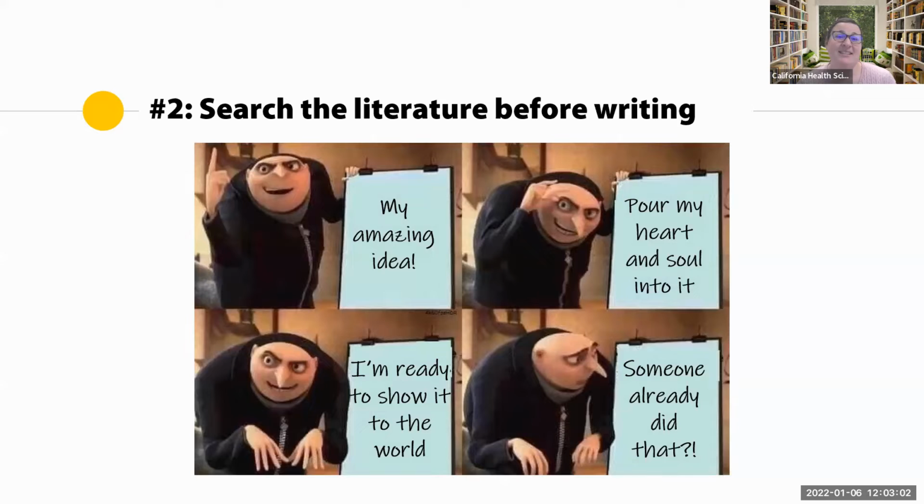The second tip is to search the literature before writing. Check this funny meme from Gru with Minions. I have this amazing idea. I'm going to pour my heart and soul into it. I'm ready to show it to the world. Oh, someone already did that. We don't want to do it and get into things and realize, well, this isn't going to work. This has already been written about. It's redundant. So that's why we want to start with our literature search before starting to write